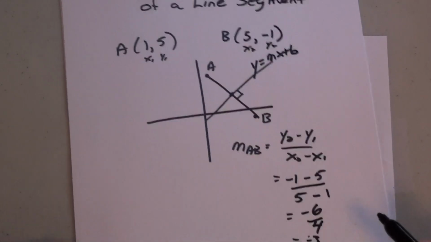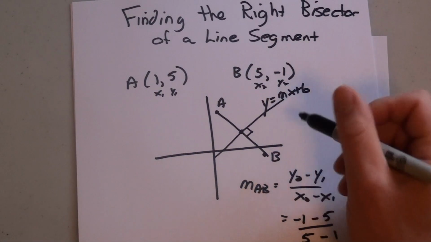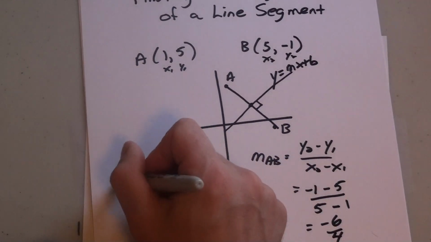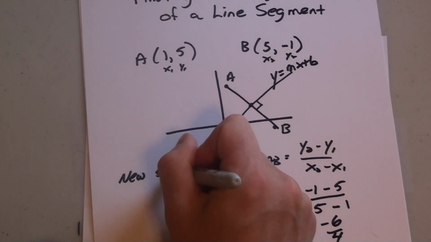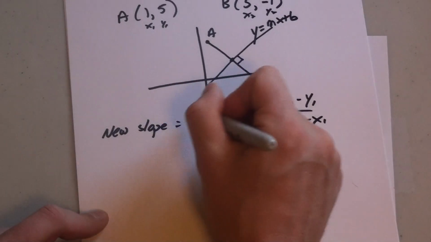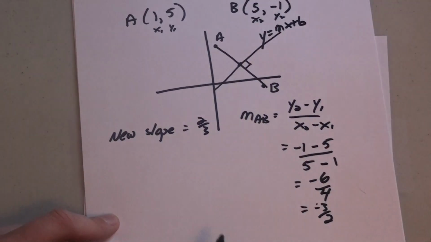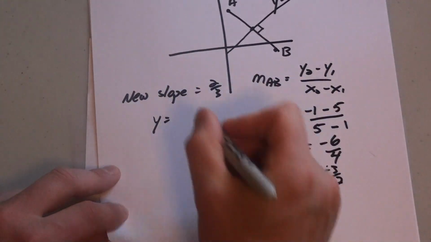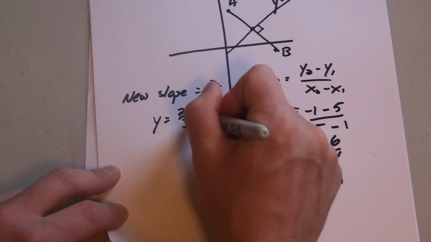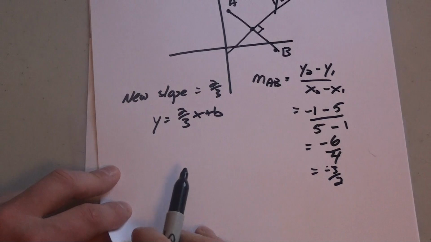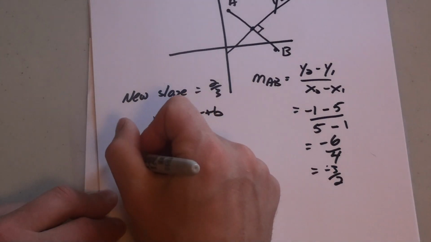negative 3 over 2. Now that's my slope of AB, but I want the perpendicular slope for that. So my new slope is going to be a negative reciprocal, which is where you flip and change the sign, and it's going to be 2/3. So I know my right bisector is going to have the equation y equals 2/3 x plus b. I need a point to go in for x and y. So what I'm going to use is my midpoint